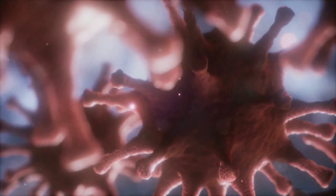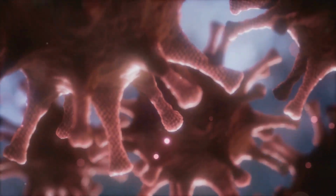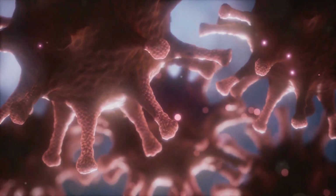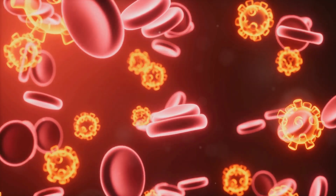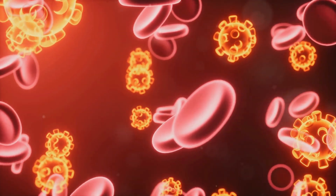blood cells, throughout the body. Lymph nodes, scattered throughout the body, act as filters, trapping pathogens and foreign particles. The spleen, another vital organ, filters the blood and helps fight infections. Lymphatic vessels carry lymph fluid back to the circulatory system, ensuring a continuous supply of immune cells where they are